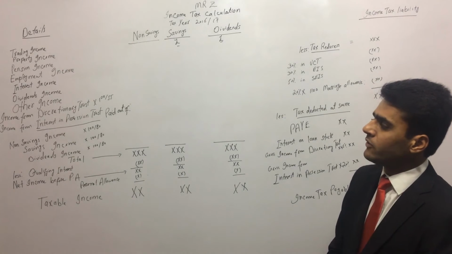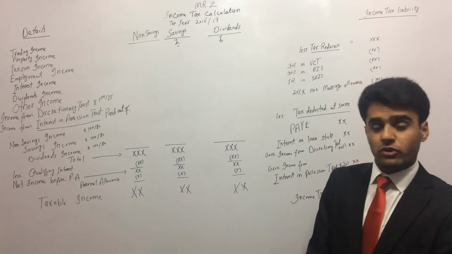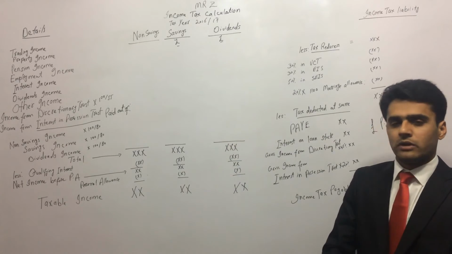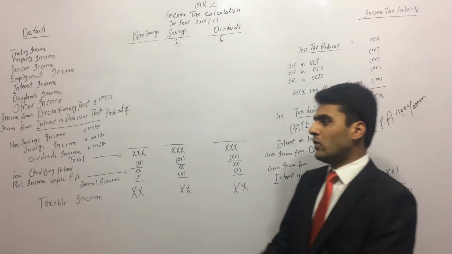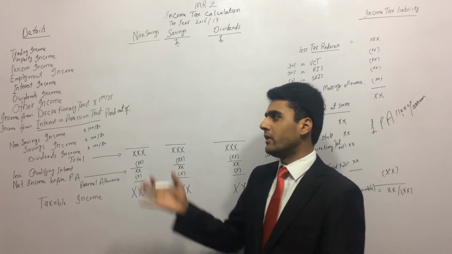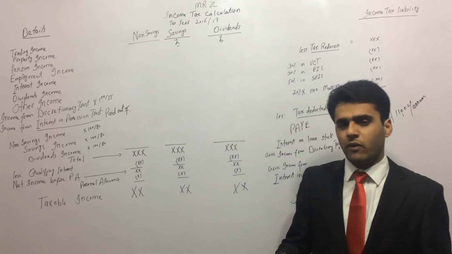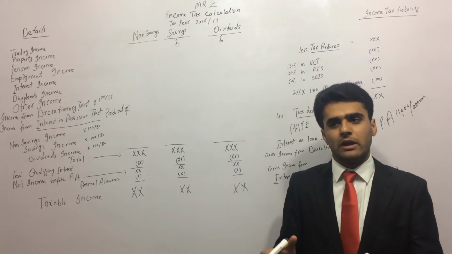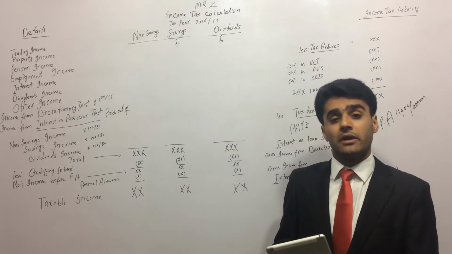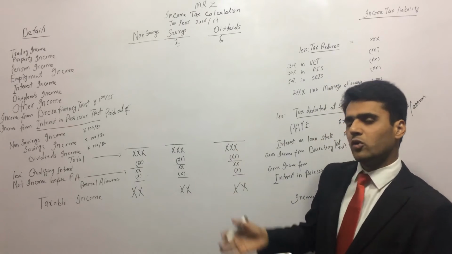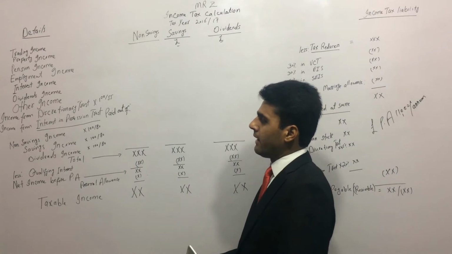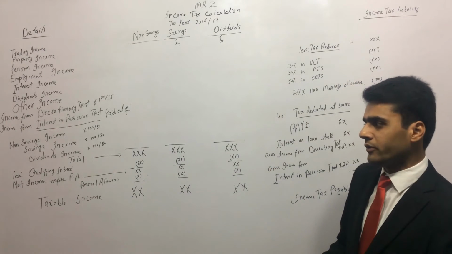So other income, then he's got some income from discretionary trust and income from interest in possession trust. So these were two sources of income which he said he has. Now what are trusts? We will look in detail again at what trusts are, and there are two types of trusts. Most of the stuff we will deal with the trust in inheritance tax, which is another section of P6, and capital gains tax. But for now, just assume that it is one source of income. So income from discretionary trust and income from interest in possession trust.